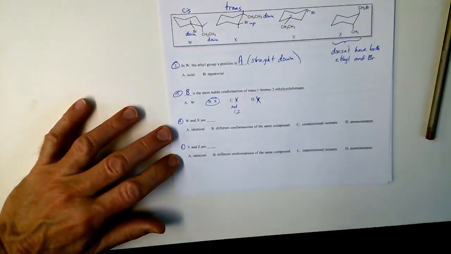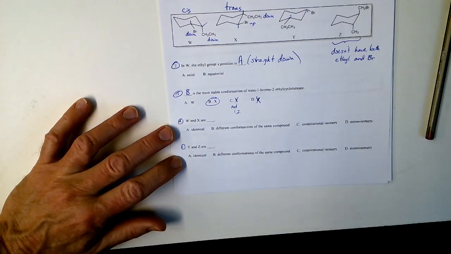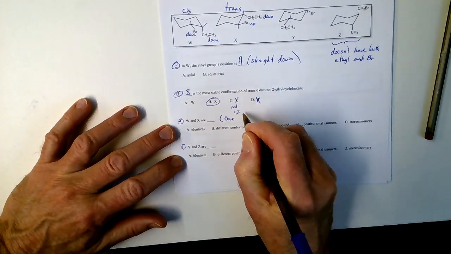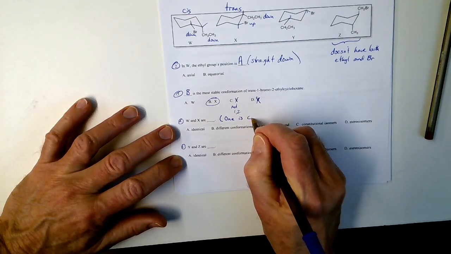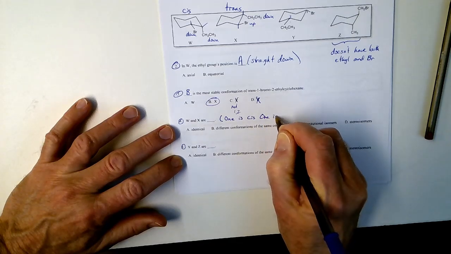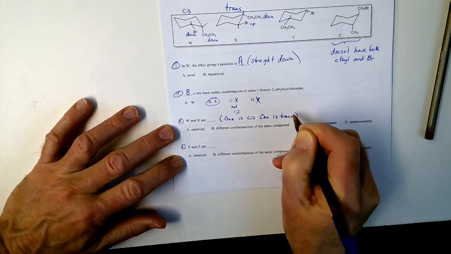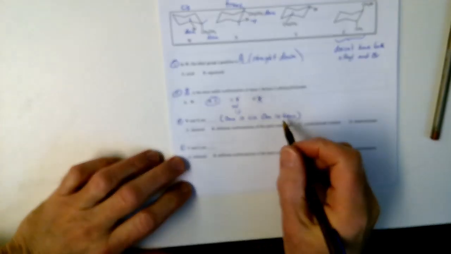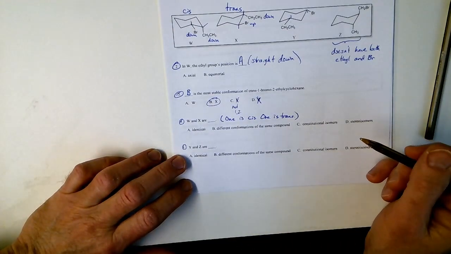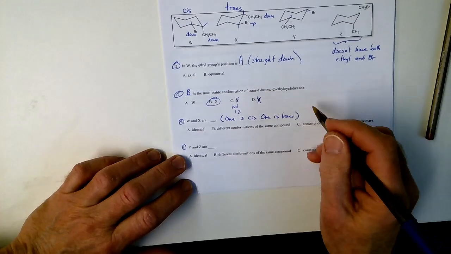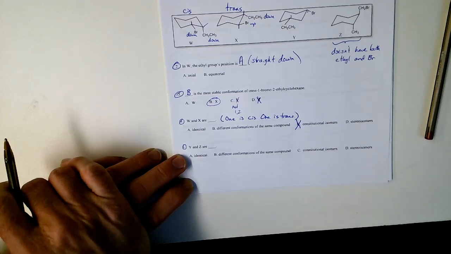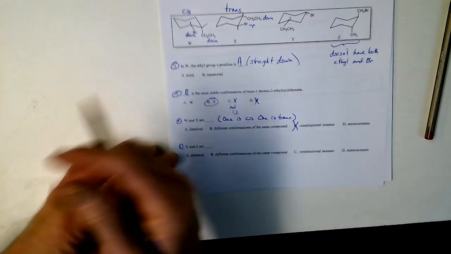Okay, then the next one, what are W and X? Well, we've just said something important about them. One is cis, and the other one is trans. That fell out of our little comparison we did for question 3. And if that's the only difference between the two of them, you can start knocking out differences right away. You can say, well, they're not constitutional isomers. Constitutional isomers are way different from just saying cis or trans. That's just stuff pointing in different directions.